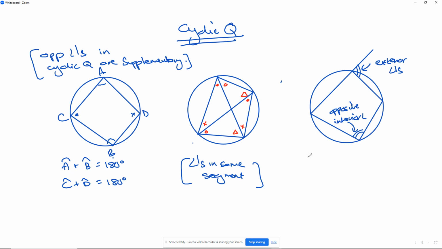This particular theorem is known as the exterior angle of a cyclic quad is equal to the opposite interior angle. All right, that would be the reason that you want to work from it as well. Okay, part of cyclic quad. So we've done all the different parts of circles, such that maybe there'll be different variations of this as